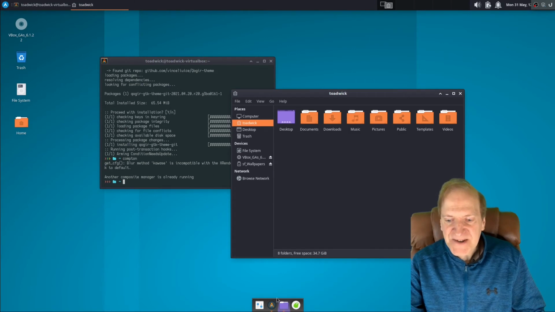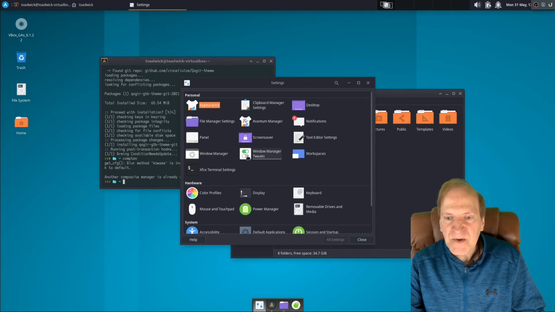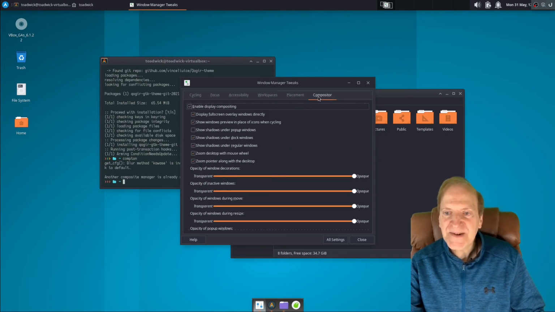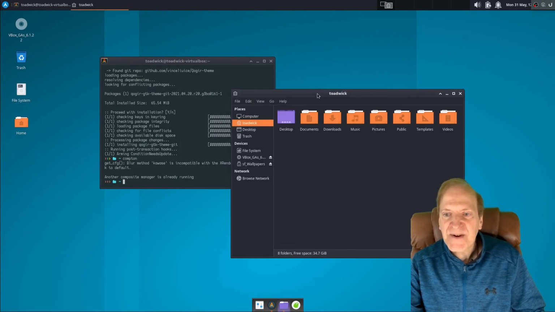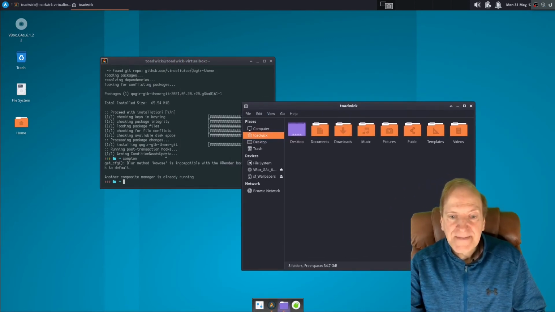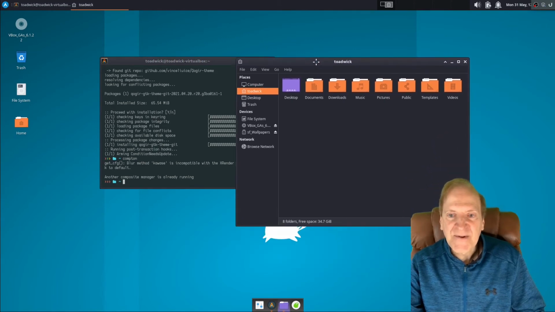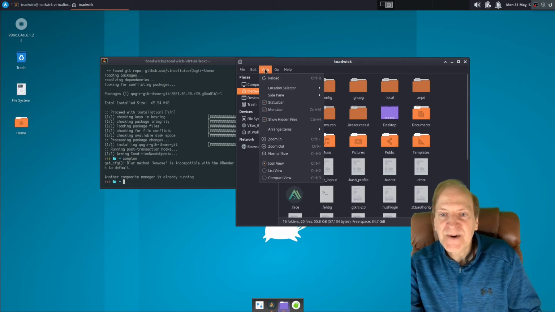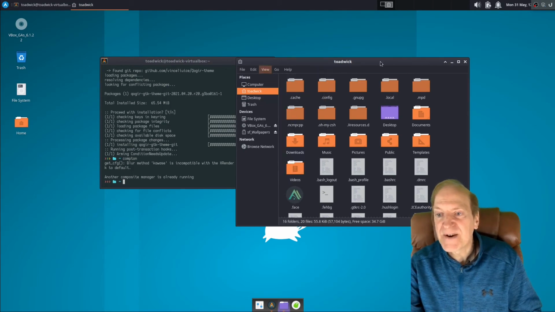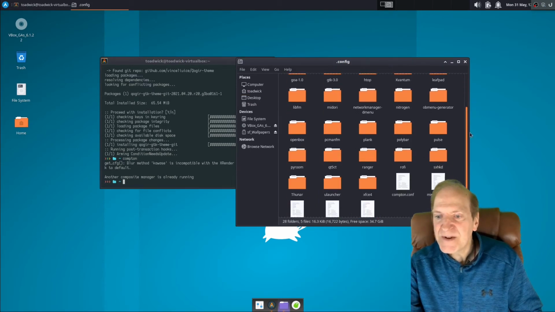So first of all, what I want to do is go back into our settings here, into Window Manager Tweaks, Compositor, and turn off the XFWM compositing here and then close that. So now we don't have any compositing going on. And I want to go into our config file for Compton. So I'm in my home folder now and I'm going to turn on my hidden files. You can do that by hitting either Control H, or you can go up to View and check Show Hidden Files. And then I want to go into our .config folder and scroll down to